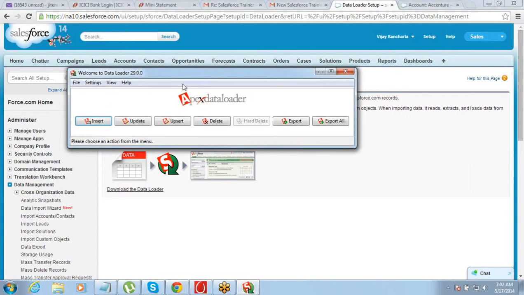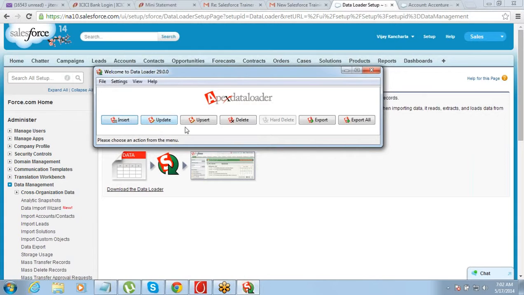After installing, this is how it would look. Now whatever operation you want to do, you can do it using data loader. So you can do insert, update, upsert, delete. And it's very similar to what we just did. Right. So the data import, if we are talking about,